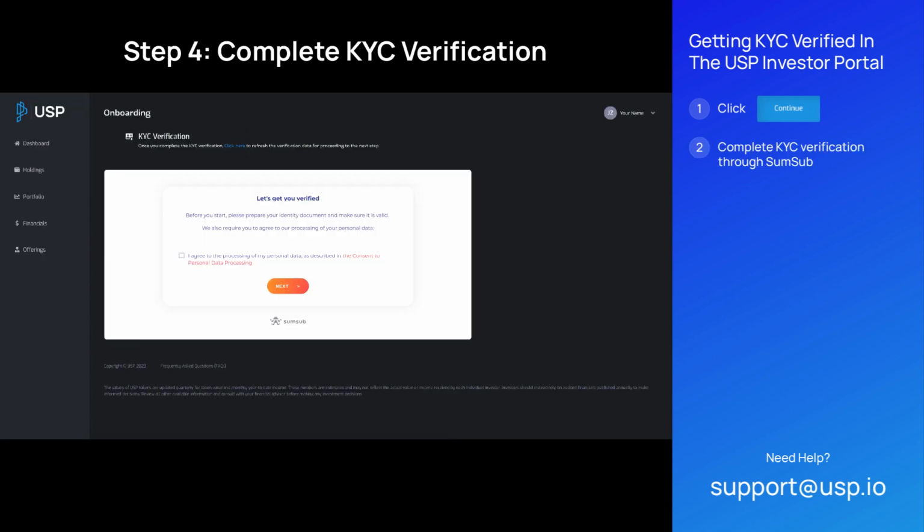We use Sum and Substance, or SumSub, which is a third-party KYC verification integration partner. Complete the KYC process from within your USP Investor Portal account using SumSub. Please note that KYC verification is not instant. It may take as much as 5 minutes. Some users in certain countries have reported as much as a 10-minute delay. If your KYC is not approved or if you run into any issues during this step, please email support@usp.io for